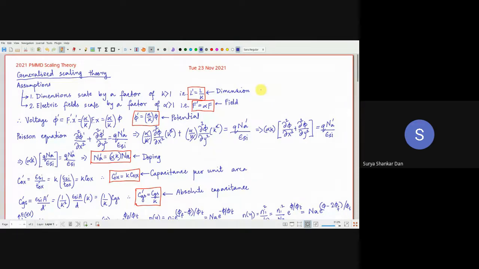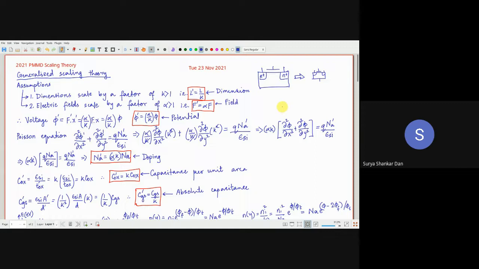So the first thing is that if we want to improve the performance of the device, all of you are aware of Dennard's law, Moore's law, and all that. I'm not going into those aspects. What we will rather try to answer is the question: if we are just making this device smaller, then how do the various parameters of the device change? How do they respond to the scaling?